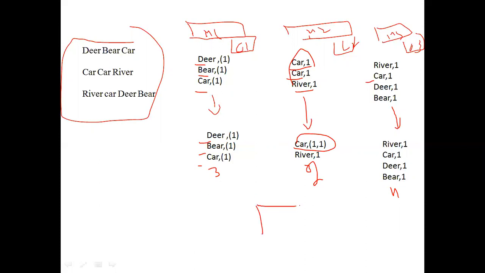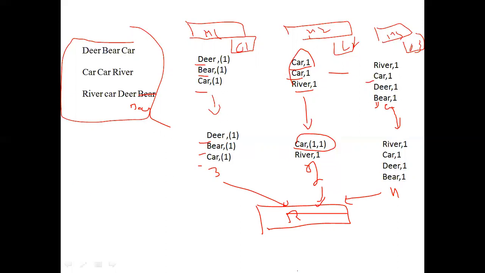Now, how many key comma value pairs are given to the reducer? Now we are giving 9 out of 10. Previously we had to give 10. Now we are giving only 9. Clear? That means our work is reduced. For example, in the place of beer, if you assume this one also has deer, here what is going to happen? Deer comma 1. When we come to this one, one more row will be reduced like that.